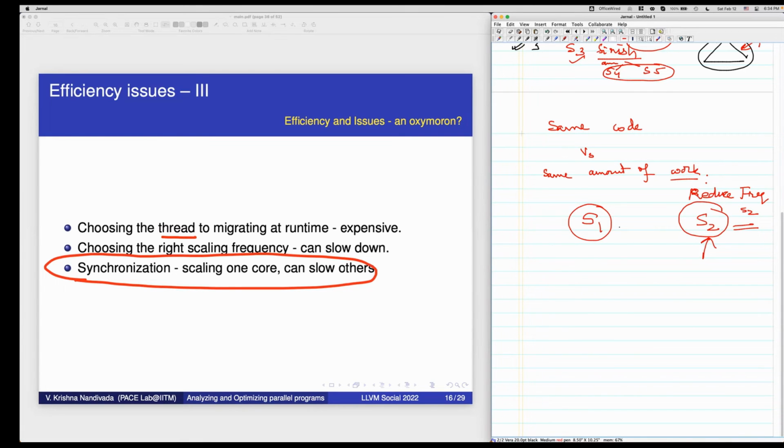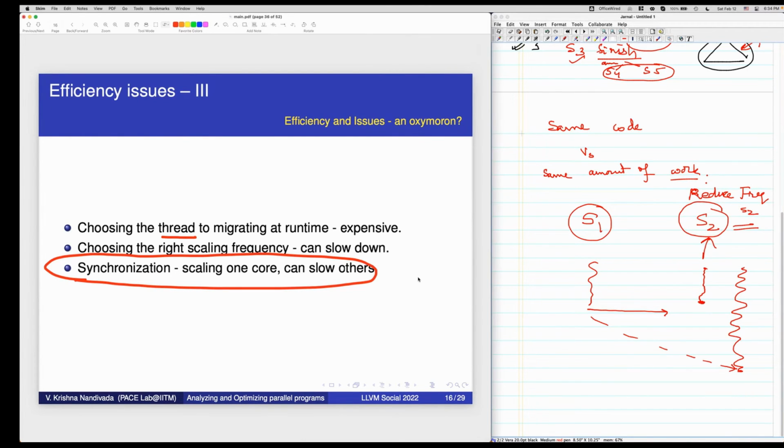Okay, that's fine. So Zoso, you're absolutely bang on target. Let us say S1 does something and then waits for S2. If S2, which was initially running at full speed, would probably have finished here, but now at a slower frequency S2 takes much more time, and now S1 is delayed.